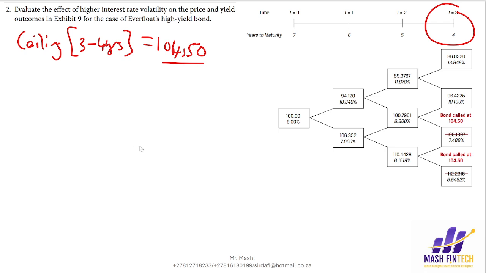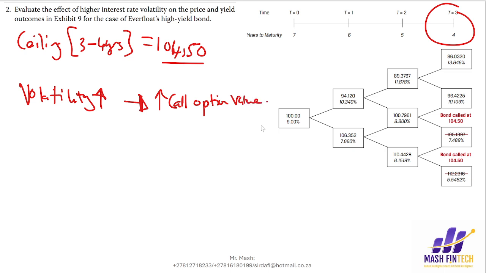Just remember this. For any embedded or standalone option transaction, the value of the call option in the high yield bond increases in value as the interest rate volatility rises. So as the volatility on the interest rate rises, this is also going to increase the value of the call option. And we said the value of the callable bond